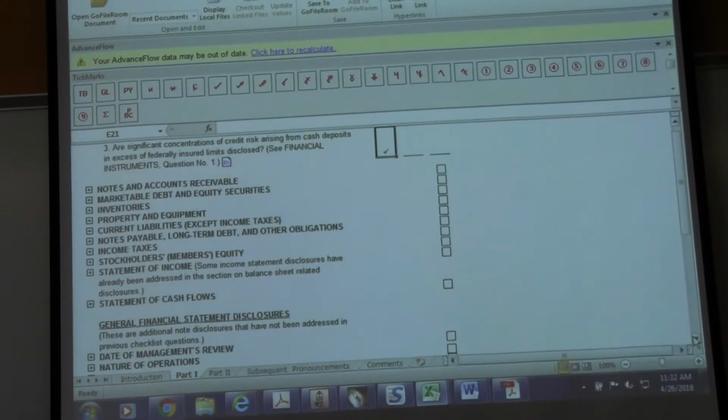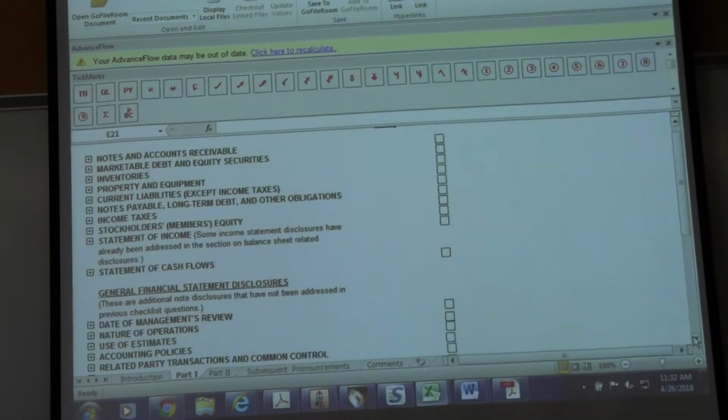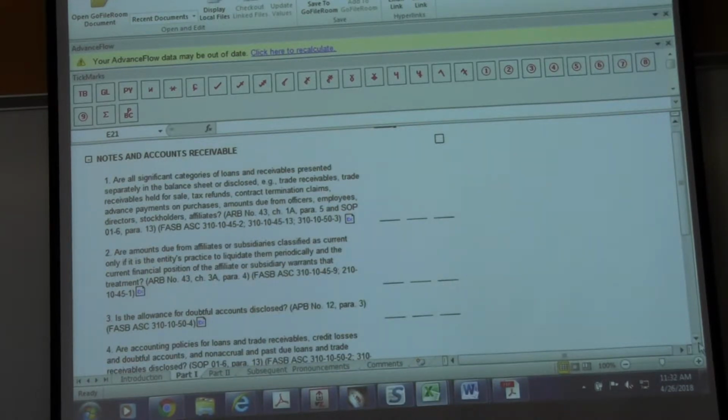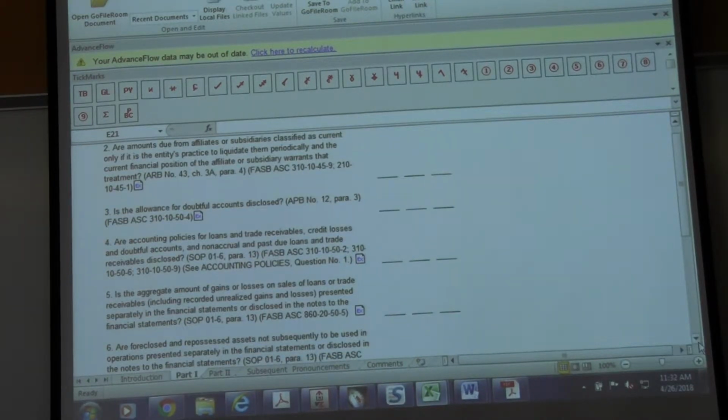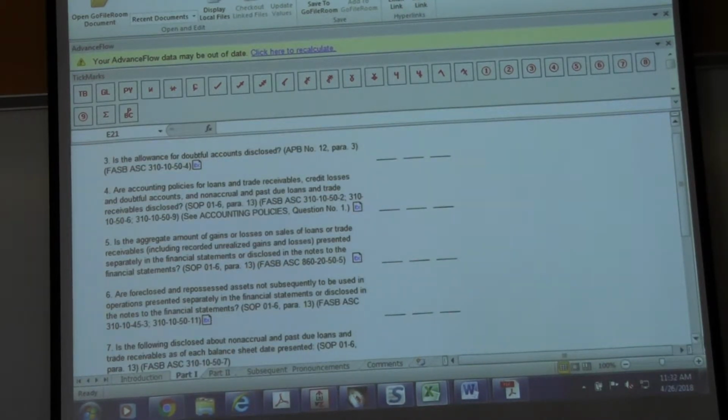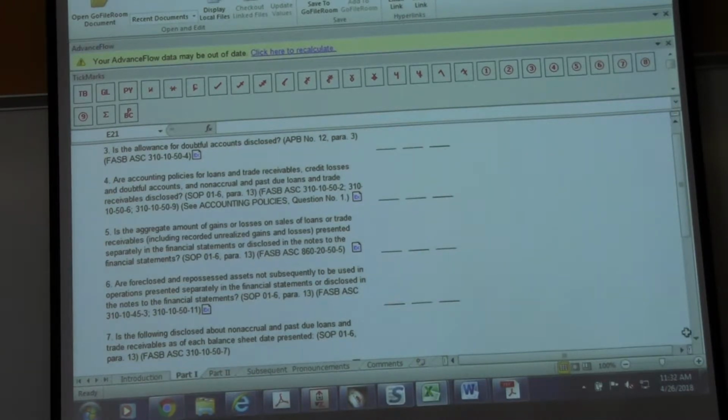So you have your cash, then you have your notes receivable. Click on notes and accounts receivable. You have all your significant categories. Is the allowance for doubtful accounts disclosed? A lot of times you'll have a footnote if you have an allowance for doubtful accounts. This walks all the way through your balance sheet,